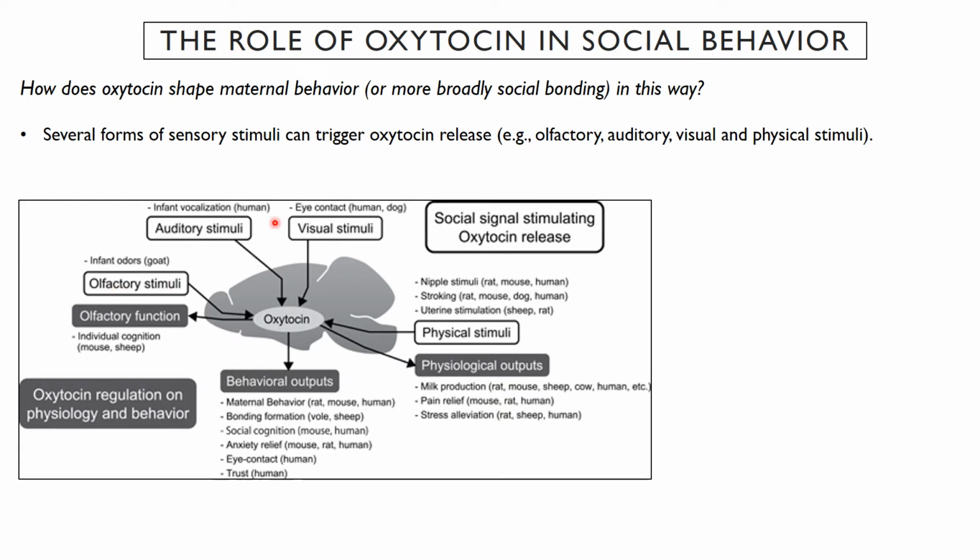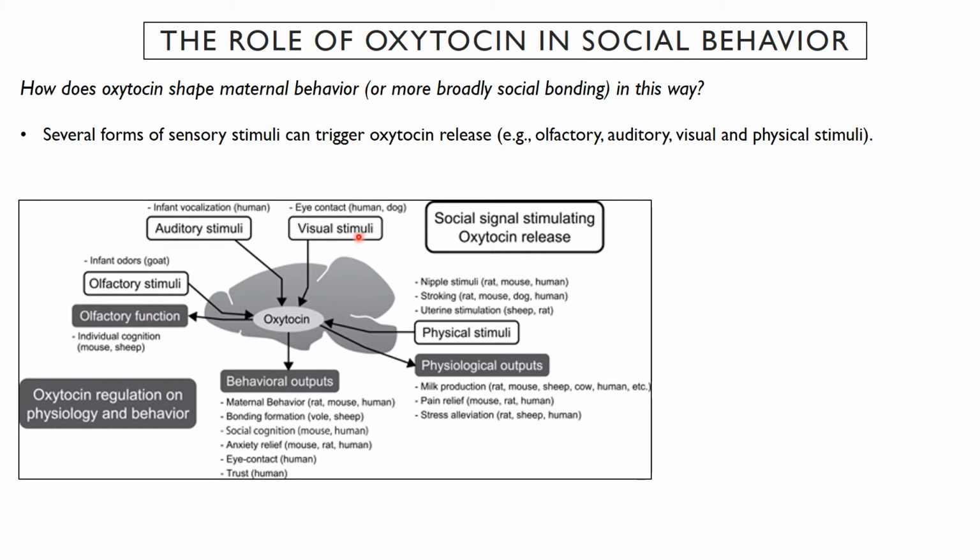There are auditory stimuli, so infant vocalizations. This is true for humans, but also for rodents: the little squeaky noise that rodents make, or baby cries for humans, is an auditory stimulus. You don't even have to see the infant in that case, but that can trigger an oxytocin release as well. There are odors. This is not as true for humans, but it is true for a lot of other mammals, including rodents. In fact, we'll talk in a little more detail about the neural control of this, but smelling the baby can have this influence as well.